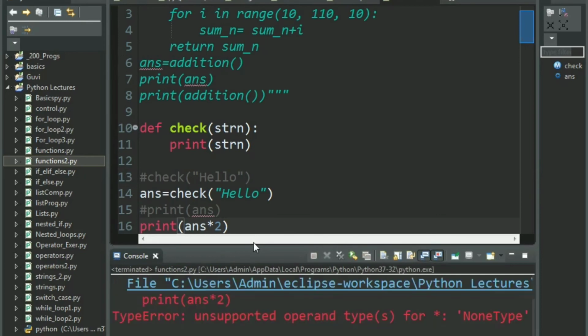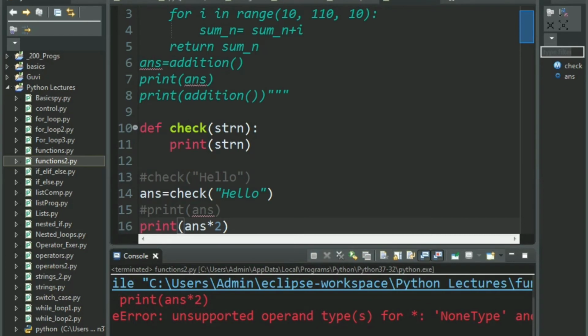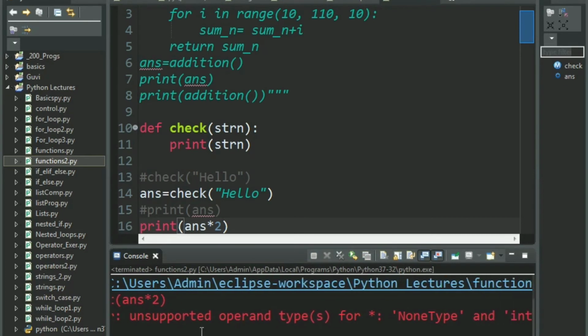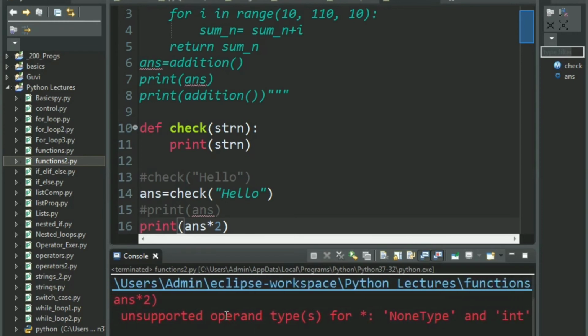Well, let's see. What you get is an error on line 16. The error that you get is unsupported operand type. Okay, now what are operands? In very early lectures, if you have seen them, you might remember we had a session on operators, and we had understood what operators and operands are. So operand is basically the variable or any element on which an action is being performed.